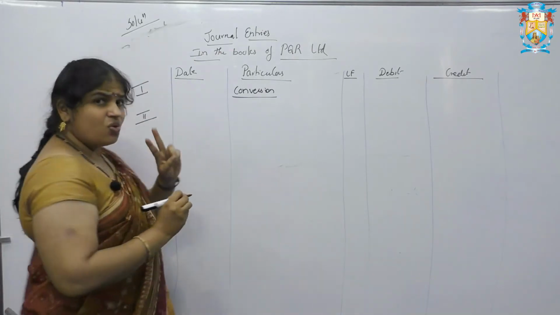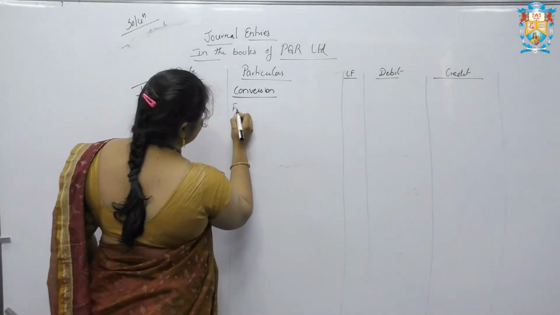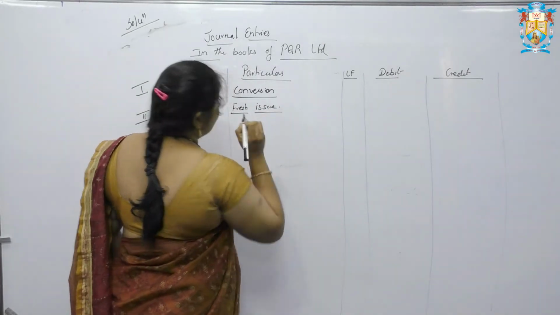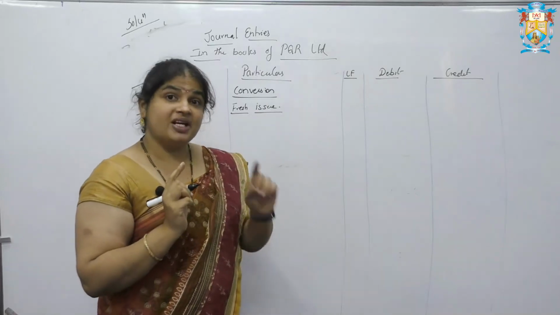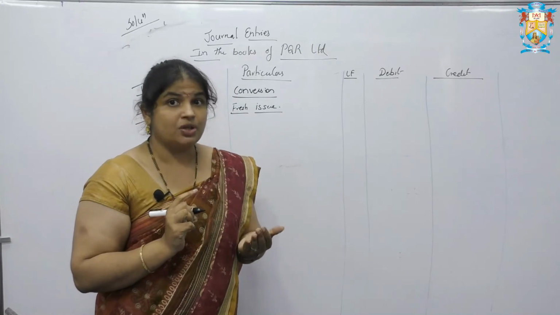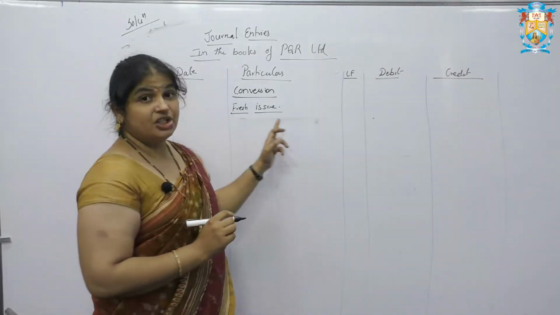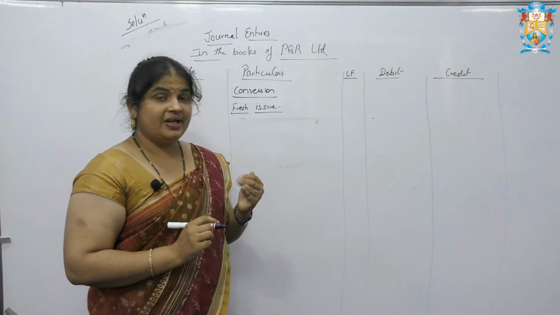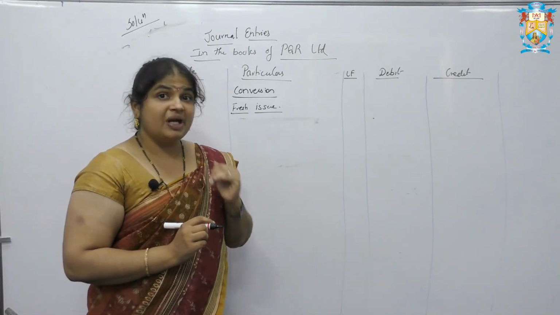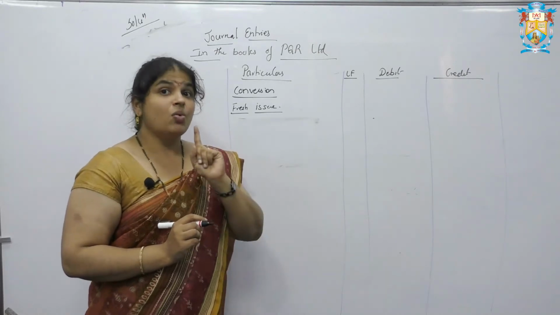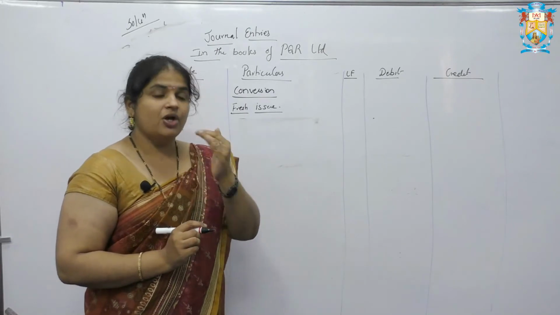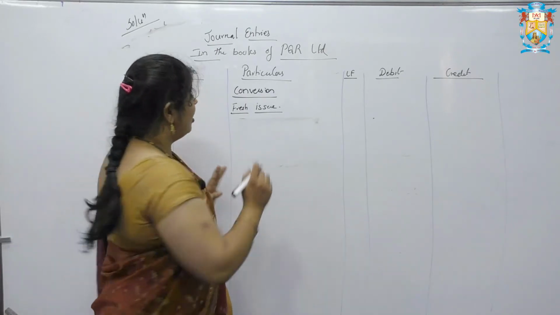So what is our second step? Our second step is fresh issue of shares. So here in the problem, there is a fresh issue of shares. That is, 7,000 equity shares are issued to the public. So what is coming in? Cash is coming in along with the face value. The organization is collecting a premium amount. What is the premium collected? 1 rupee is collected. The value of 1 share is 10 rupees. Premium is 1 rupee. So total money collected is 11 rupees.